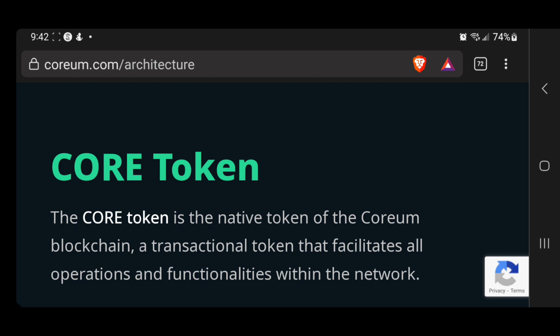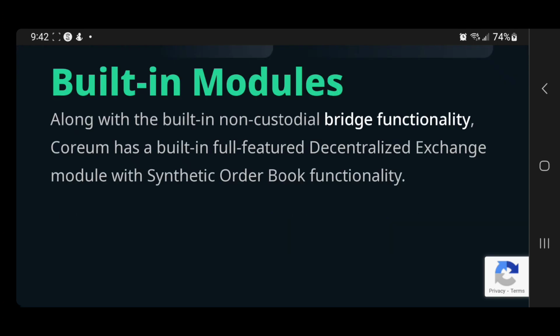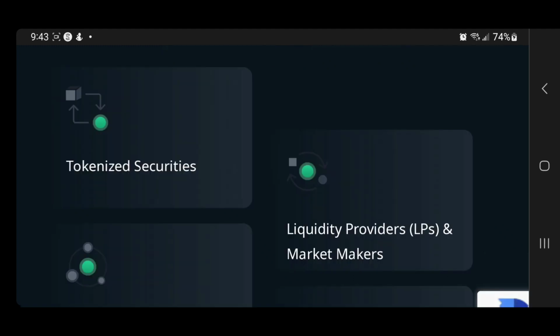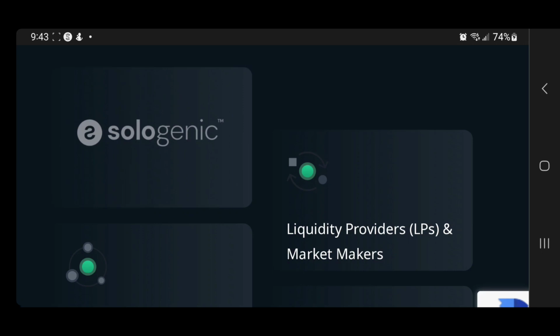The core token is a native token of the Coreum blockchain, a transactional token that facilitates all operations and functionalities within the network. Along with the built-in non-custodial bridge functionality, Coreum has a built-in, full-featured decentralized exchange module with a synthetic order book functionality. Some of Coreum's use cases: tokenized securities, Sologenic,